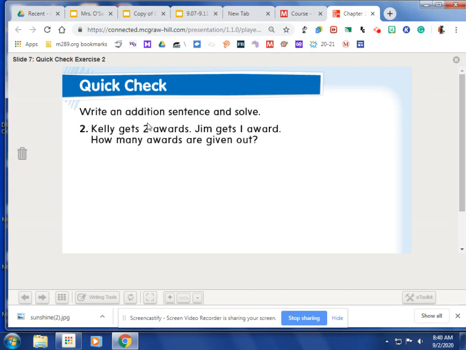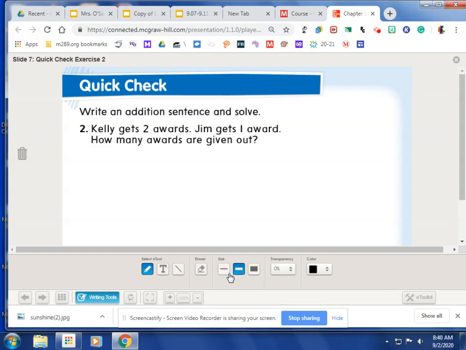Okay. Write an addition sentence and solve. Kelly gets 2 awards. So an award is something like ribbons or a trophy. So she gets 2 of them. Jim gets 1 award. How many awards are given out? So they want to know how many in all. Well, I'm going to write an addition number sentence. My first number is 2 plus 1 equals. 2 plus 1 equals